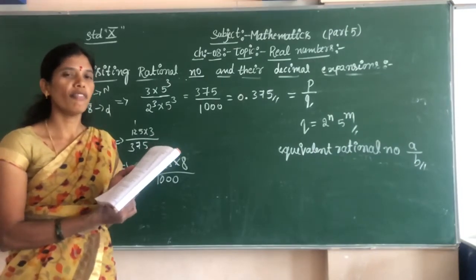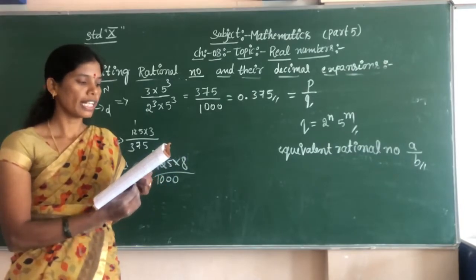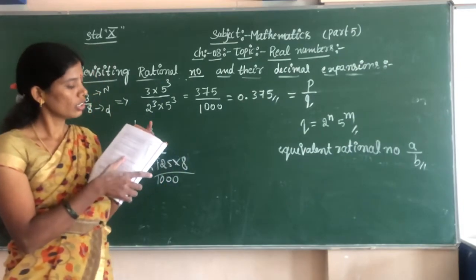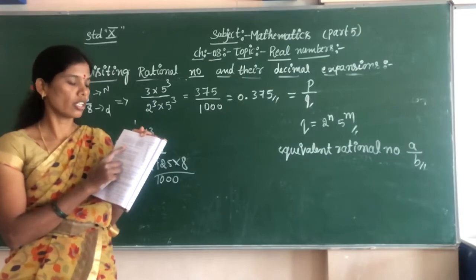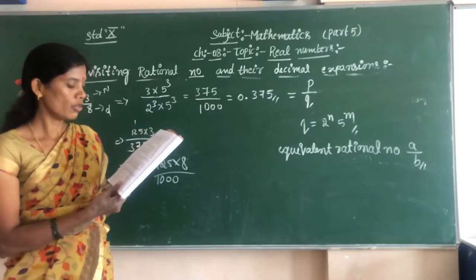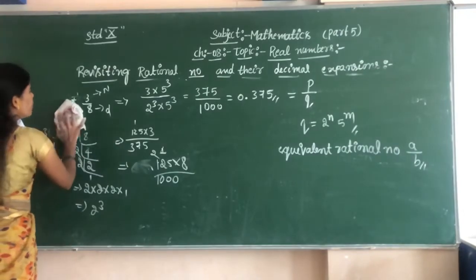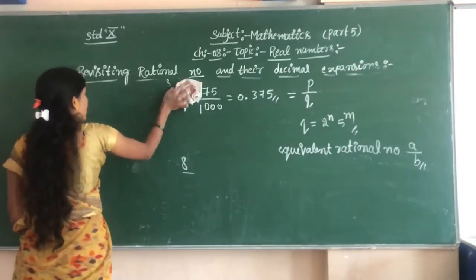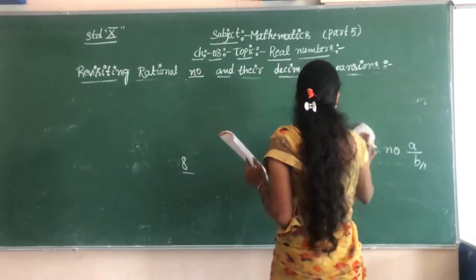Given some proper fraction, how do we convert it into a decimal, and see whether it terminates? Take the example 1 by 7. How to solve that 1 by 7? Which fraction is this one? 1 by 7 is a proper fraction. This is one of the rational numbers, a proper fraction.